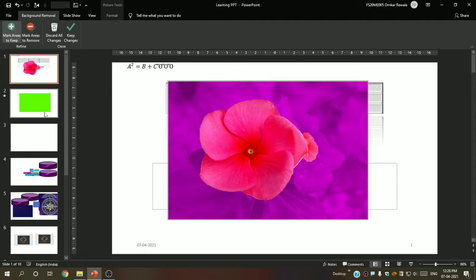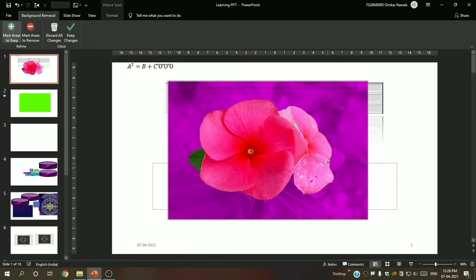Now, for example, I have to bring this leaf again. I will bring it with some minor adjustments. Okay. Now let me bring this flower again. You may see that some portion is not coming, so you have to do that arrangement.